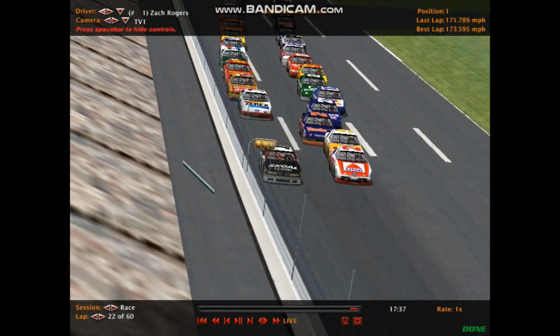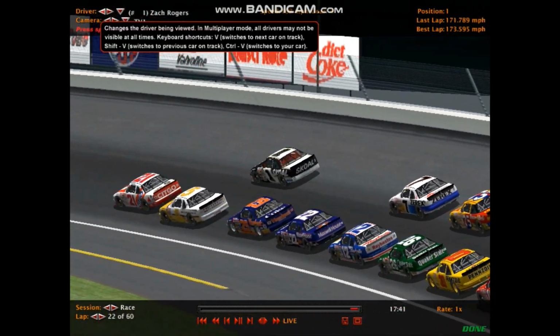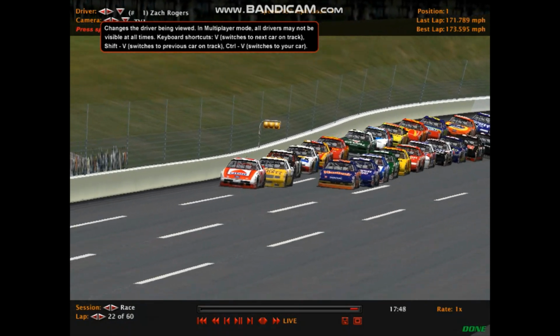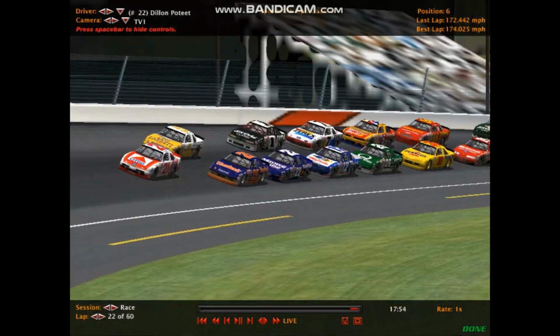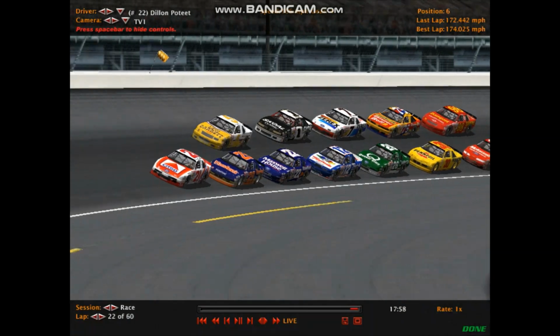He has finished top 5 in the points the last two seasons here. He finished I think 5th the first season, and he finished 5th in season 24, and he finished I think 2nd or 3rd in season 25. He was really darn close to taking the championship away from McIntyre. So Zach wants to vindicate himself from that this season, but right now he's up on the high side